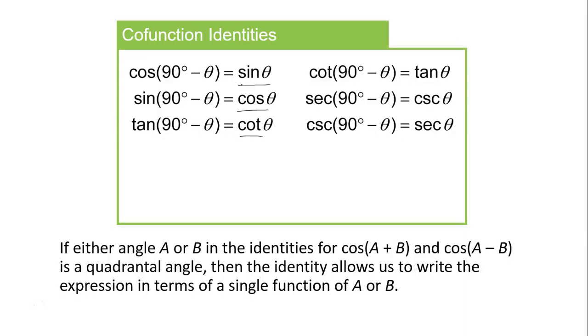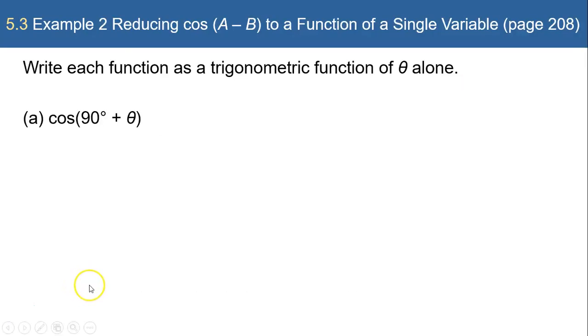Okay, so here I'm going to show you some examples that deal with the quadrantal angles that we have. In this example, we are asked to write each function as a trigonometric function of theta alone. So what that means is write it as a single function. Okay, and here what we're going to do is we're going to use our sum identity for cosine,